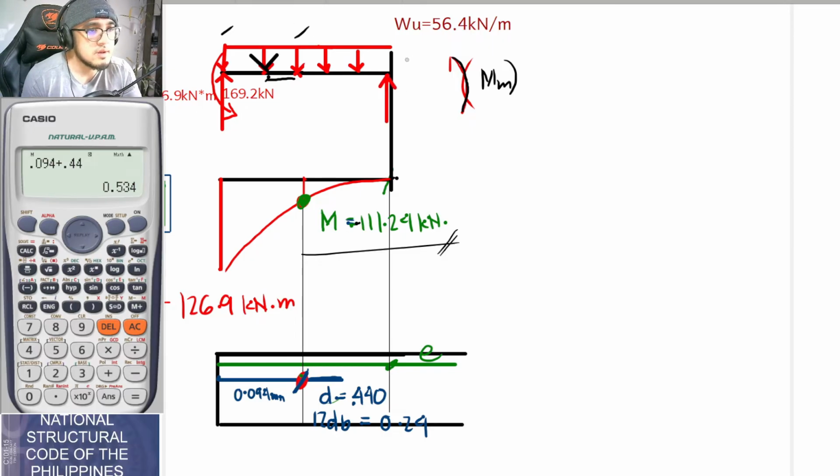Okay. So, guys, we will now be solving for the location here. So this location, or this portion, the point of inflection, the moment here is to be equal to 0. Meaning, whatever moment you will be solving for here, this is to be equal to 0. So with that, guys, just get this portion here, get the summation of moments,